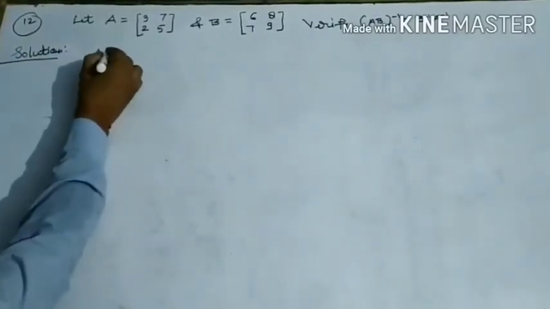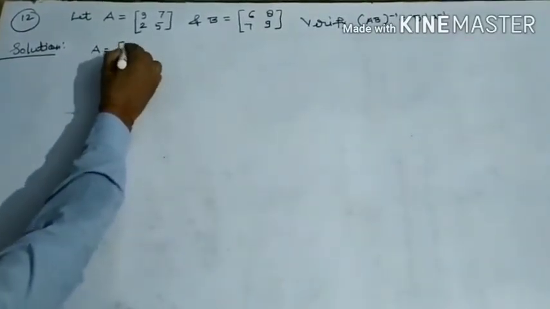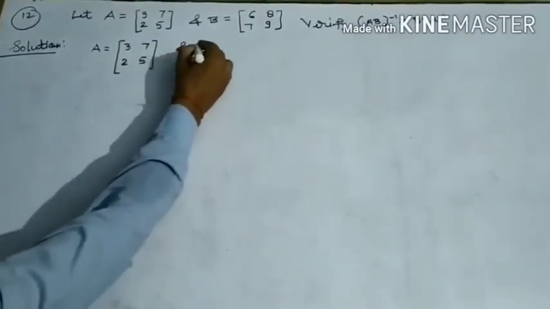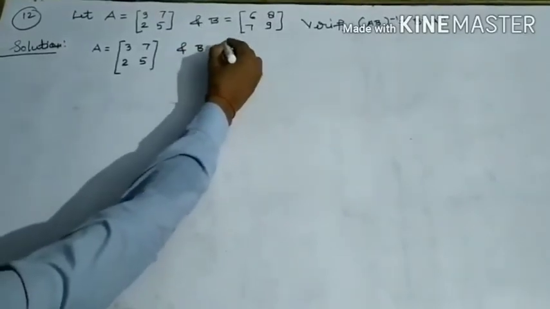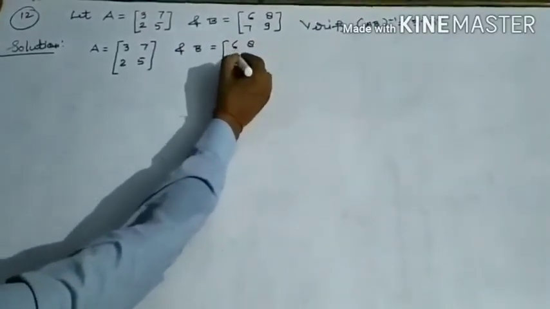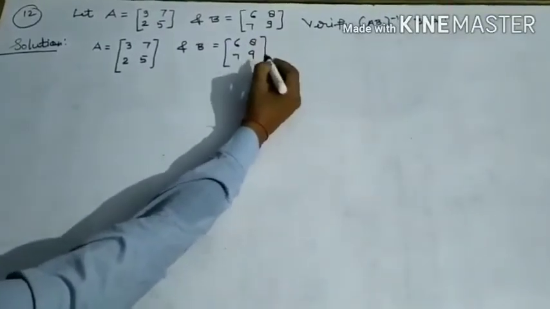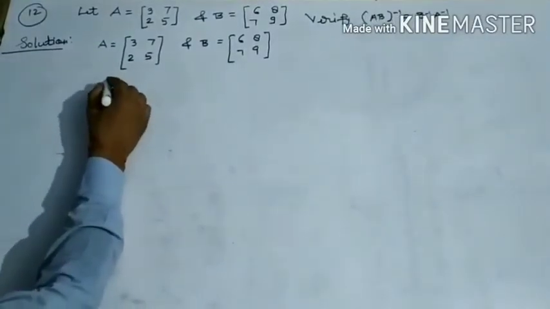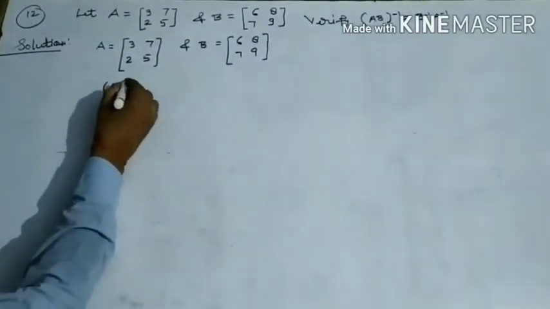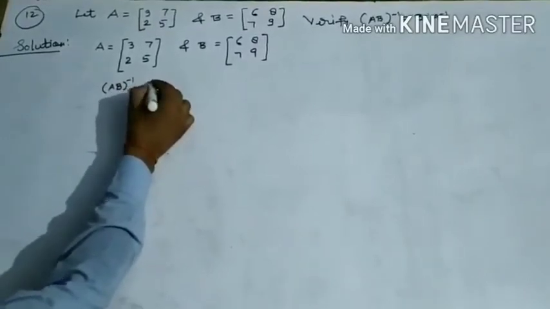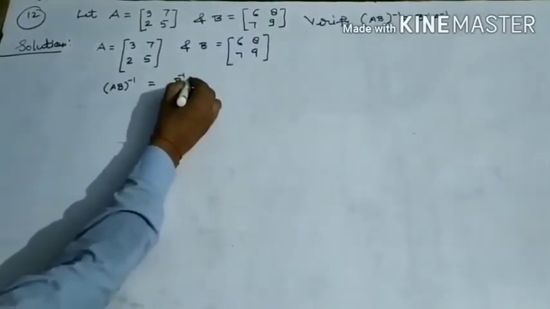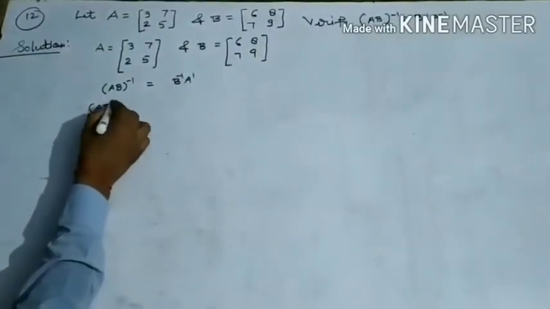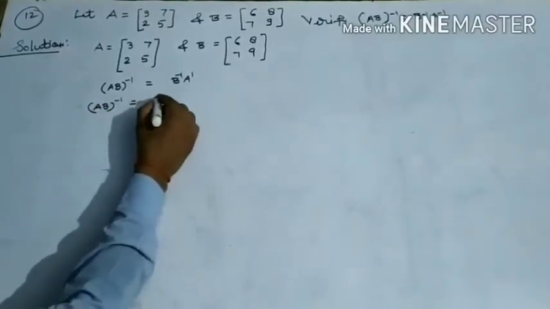A is given, A is equal to [3 7; 2 5], and B is given [6 8; 7 9]. Now we want to verify (AB) inverse is equal to B inverse A inverse. That means (AB) inverse is equal to